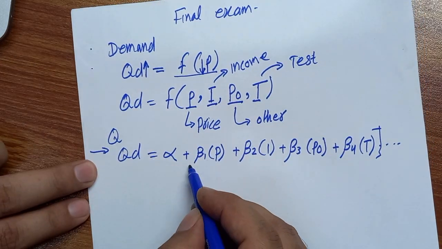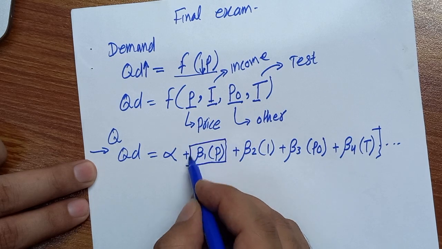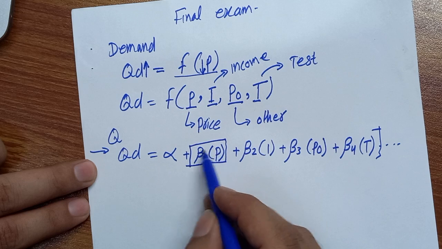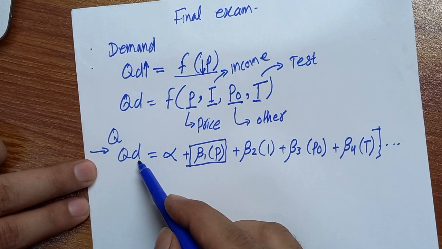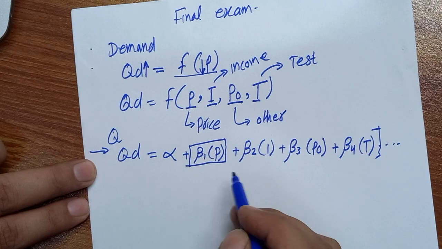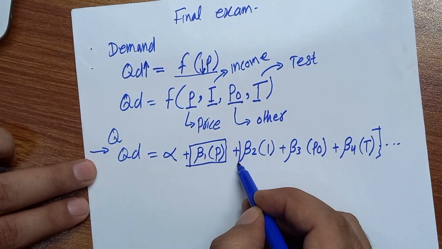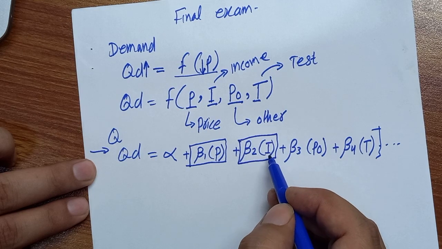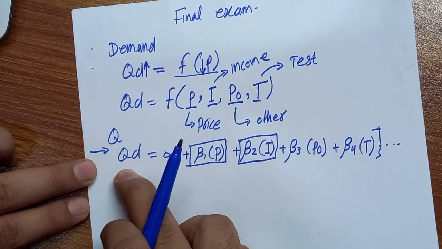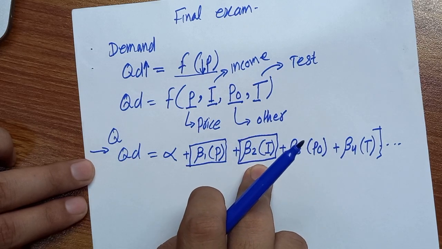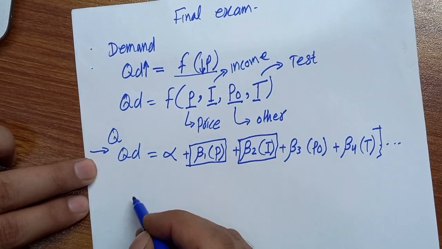So the first thing is this one. When the price is increased, the quantity of demand will be decreased. They have an inverse relation with each other. And next we have the income function. The quantity of demand will also be affected by income. How is it affected? Let's say